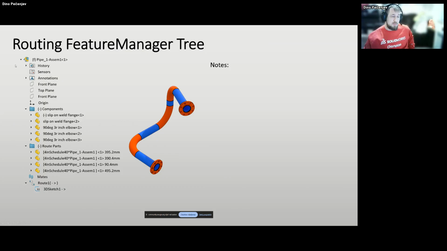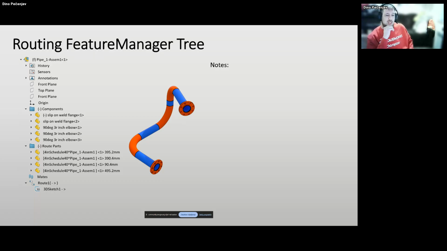So routing is basically made in an assembly, so it's not tied to the parts. What we're doing is inserting some components, start and end components like flanges, or we can start from already inserted components, which I'm going to go through. And we basically make a 3D sketch.